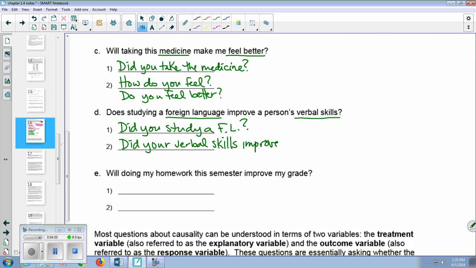That would be a yes-no type question. We could also ask, what's your verbal score? What's your verbal test score? And that would be numerical. But both of these are specific to the observational unit, meaning that each observational unit can provide an answer to